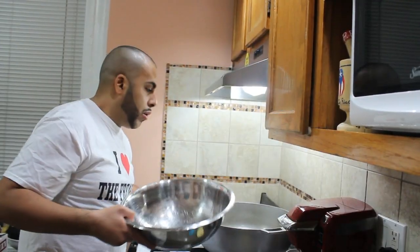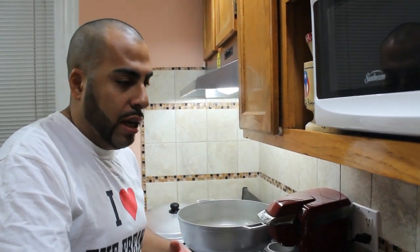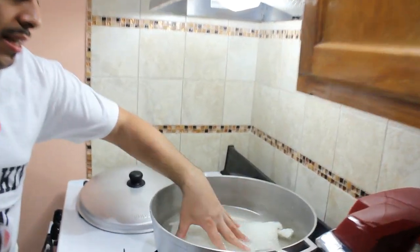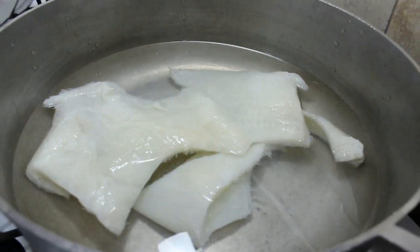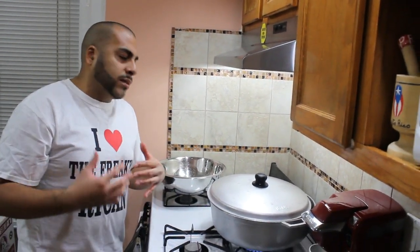Actually, I'm gonna add a little bit more water. So you want the water to cover up the whole tripe, okay? And like I said, this is a fairly large caldero. So there you go. Now it's pretty much covering. You could come a little bit closer so you could see that it's fairly a lot of water, okay? Because this once again has to boil for quite a long time. I have the flame on high. And we're gonna cover it, but leave it where it could vent. Every now and then, you wanna come back and just make sure that it doesn't